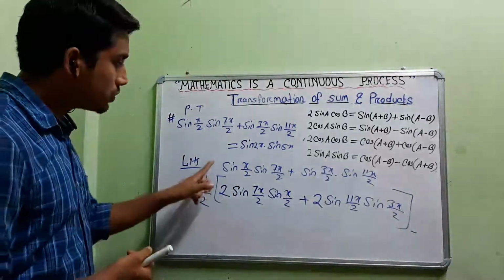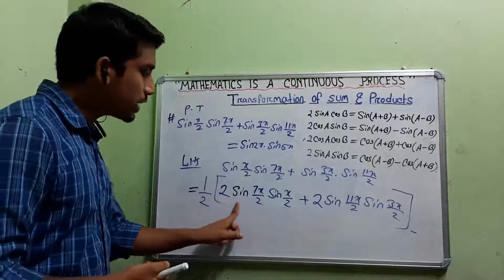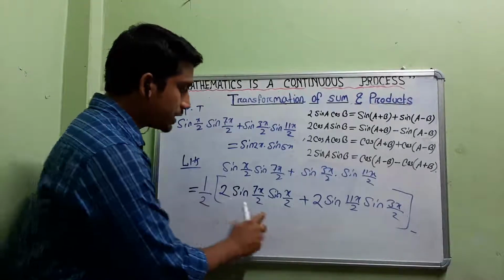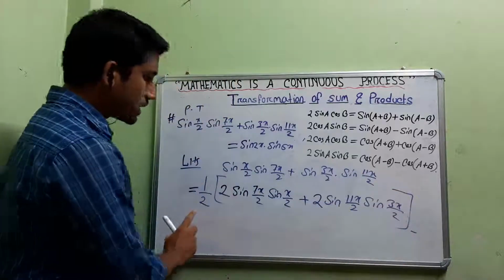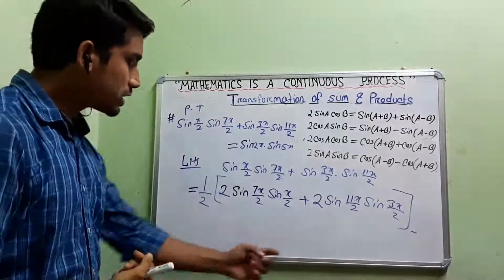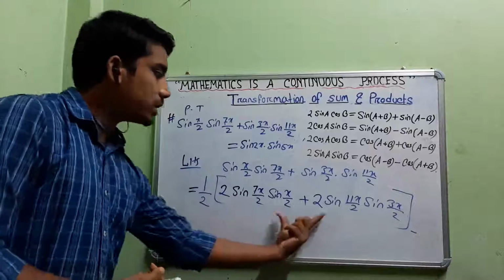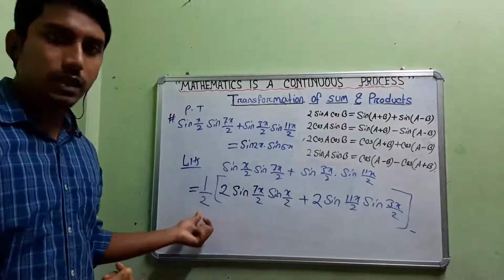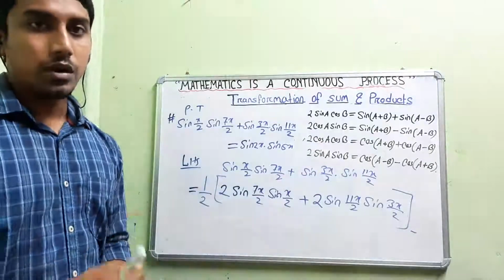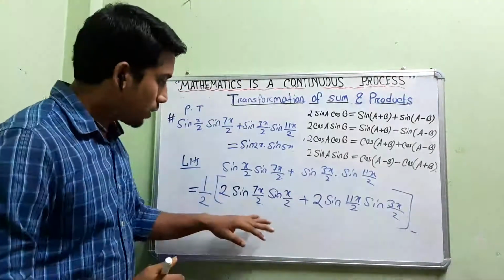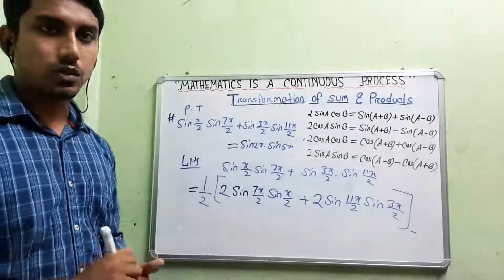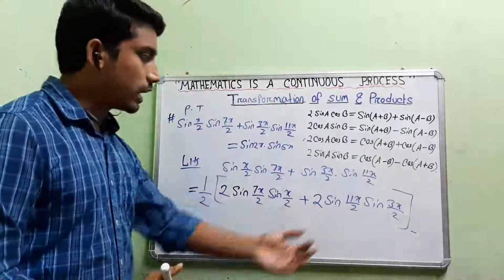So how to introduce 2 there? You just write what you need. I need 2 here, I have written. Here also I need 2, I have written. Now I have given this third bracket and outside I have written this half. You can cross check: take 2 common from these two parts, that 2 will get cancelled with this half, and you will get again the first line. You shouldn't write anything extra, and I have not written anything extra. From this line I can again get the first line. Okay, so that is justified.